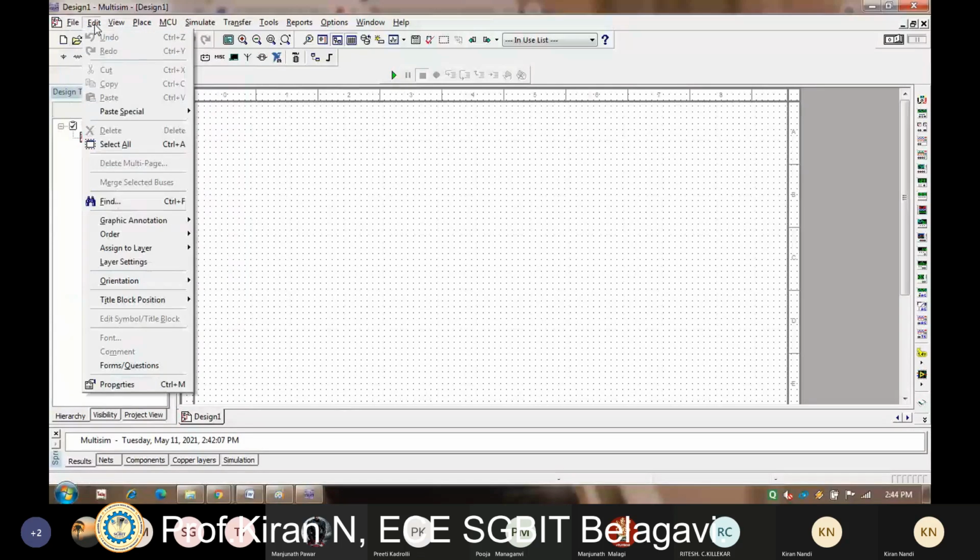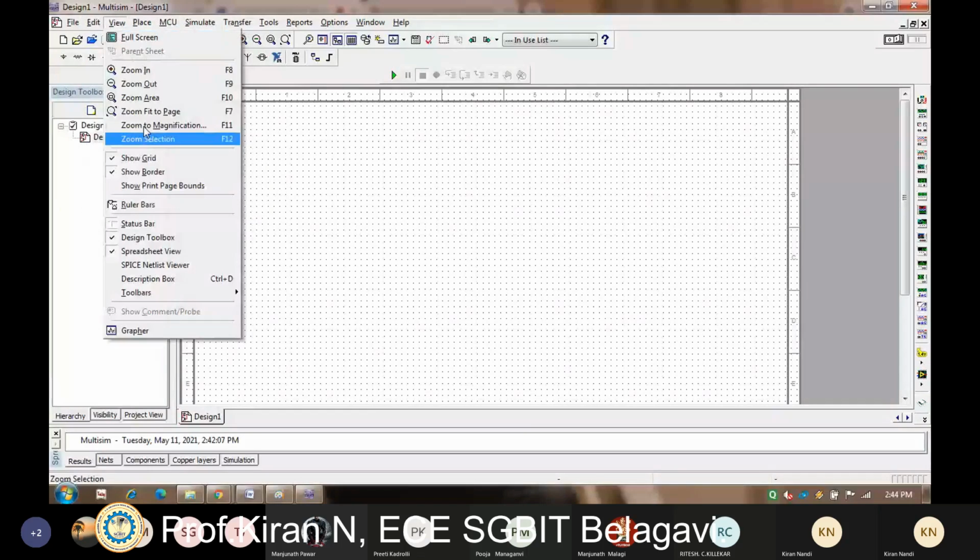Then edit. The edit window is there to select the circuit diagram and to edit the content whatever is necessary with respect to the file or with respect to the design. So view and zoom options are there, so many zoom in, zoom out.